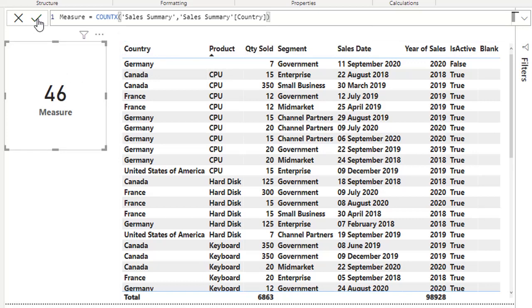So there are 46 records for this one. COUNTX, as I told you, will scan the whole table and process it row by row because it's an iteration function. And this expression will check which cell is a blank value. Now, if we try this one, is active.